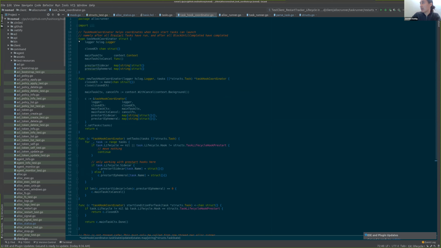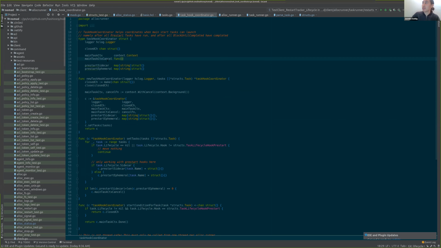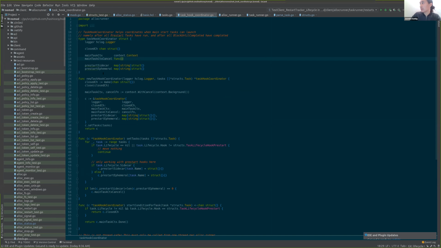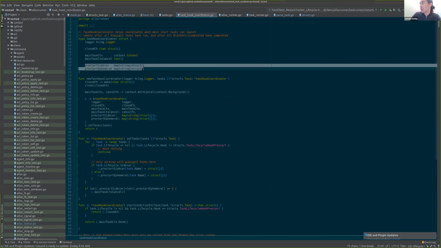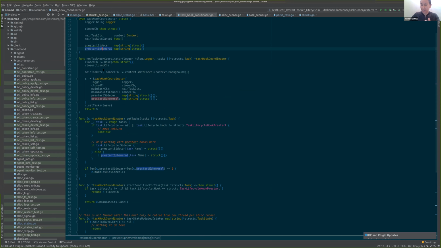So I introduced this task hook coordinator struct that basically, for every group or allocation or task group, keeps track of the main task and what all the pre-start sidecar and ephemeral tasks are. And there's slightly different behavior for the sidecar versus an ephemeral task. So a pre-start hook that's ephemeral has to run to, oh no, the editor does not work at all